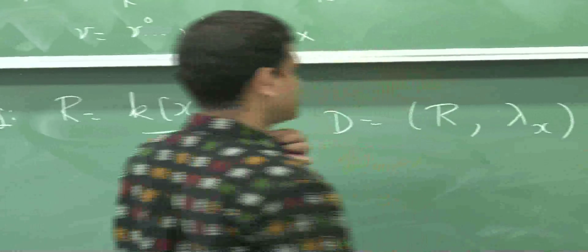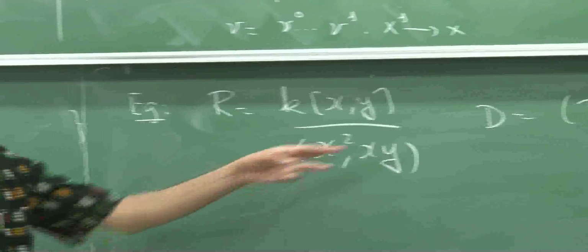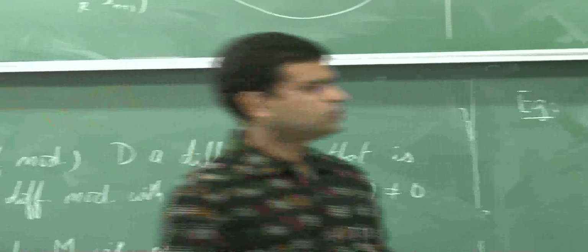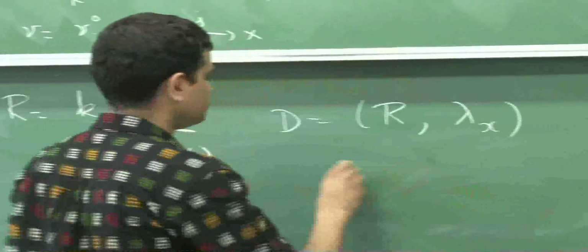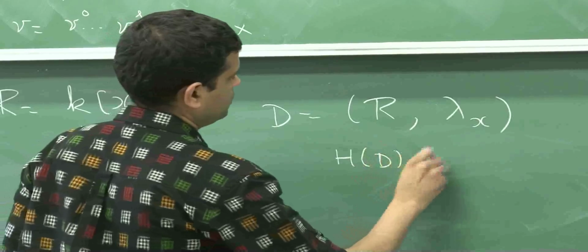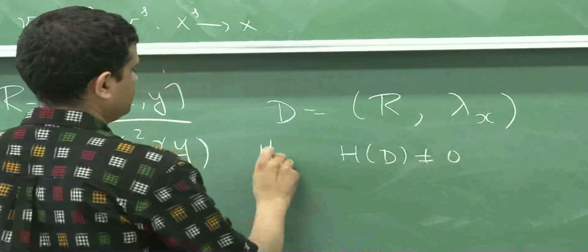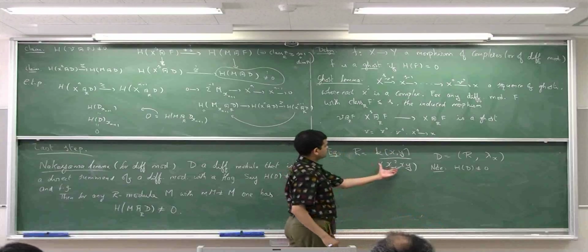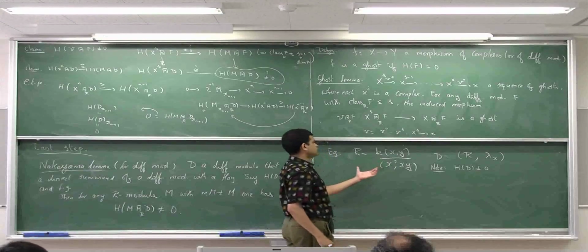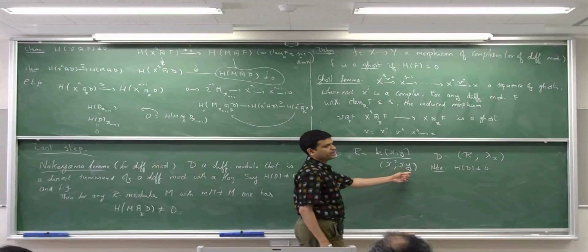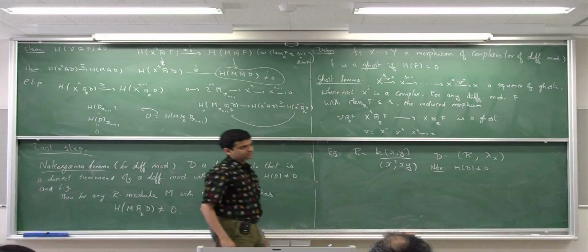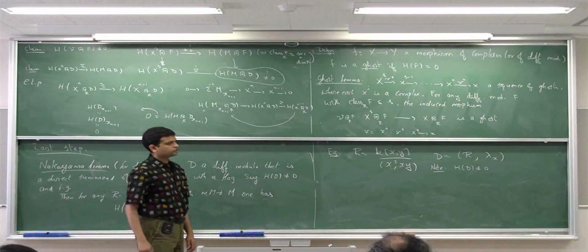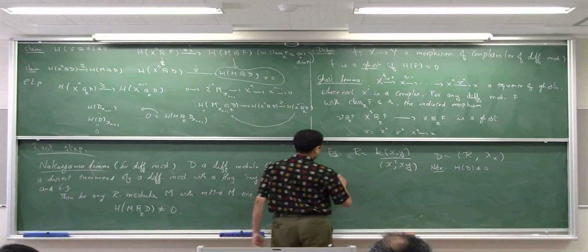It's again just the ring itself with multiplication by x. x squared is 0, so that gives you a differential module. Note that the homology of D is non-zero. For example, the kernel of multiplication by x contains x times y, whereas the image is just x. So the homology is non-zero. However, if you look at